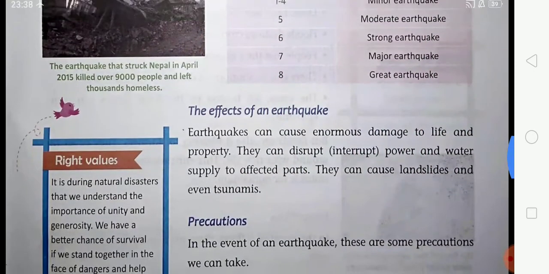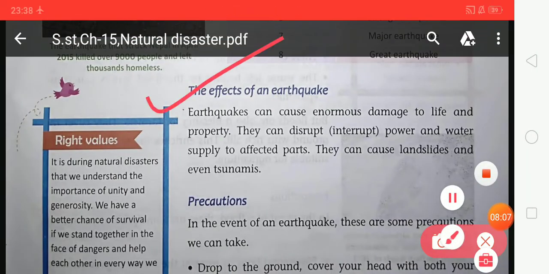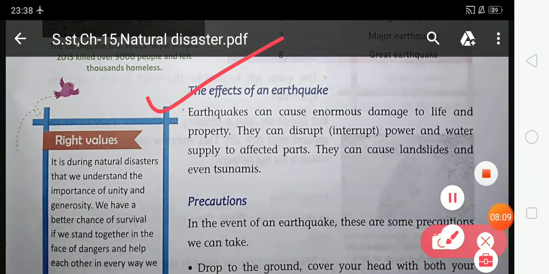So now look at the effects of an earthquake. What are the effects of an earthquake? Earthquakes can cause enormous damage to life and property. They can interrupt power and water supply to the affected parts. They can cause landslides and even tsunami.